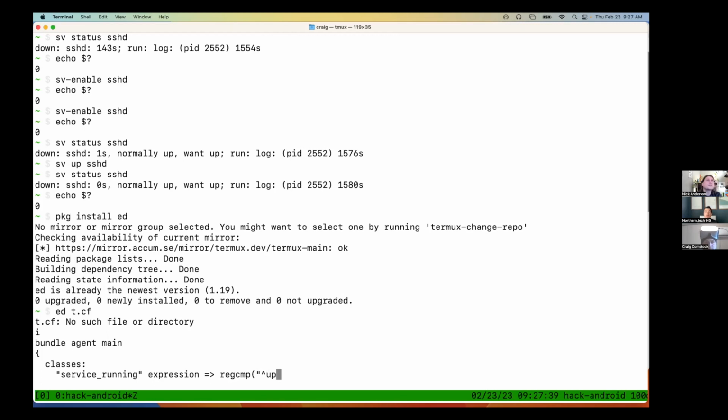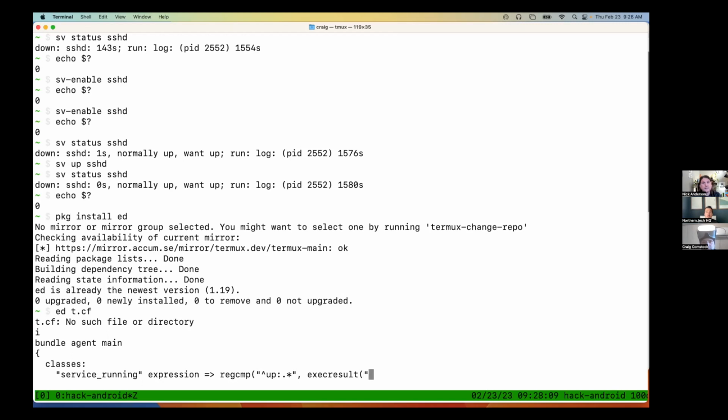Is that what it says? If it's running, I think it would say up. And then the dot star, right? Anything after that. And then close that. And then the next thing, after the comma, is the string that we're matching. So here we could just do exec result,